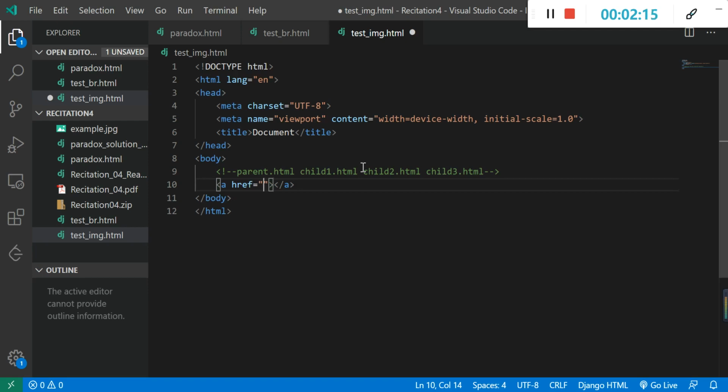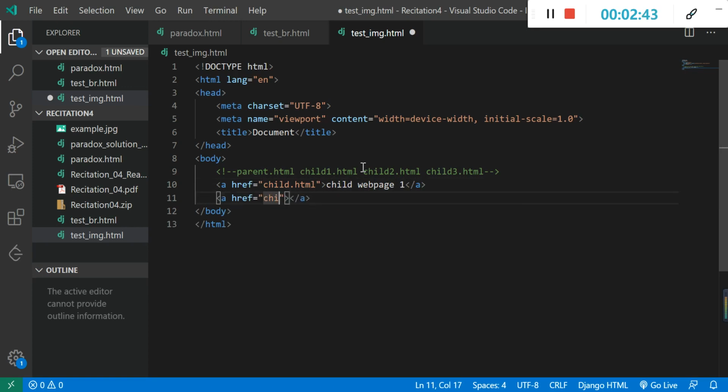You need to remember to put all 4 HTML files within the same folder, at the same location on your computer. So a href equal to child1.html, and the text for this should be child web page 1, and also